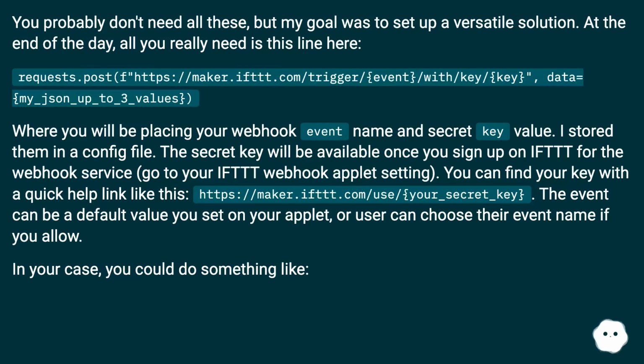Go to your IFTTT webhook applet settings. You can find your key with a quick help link like this: https://maker.ifttt.com/use/your_secret_key. The event can be a default value you set on your applet, or the user can choose their event name if you allow. In your case, you could do something like